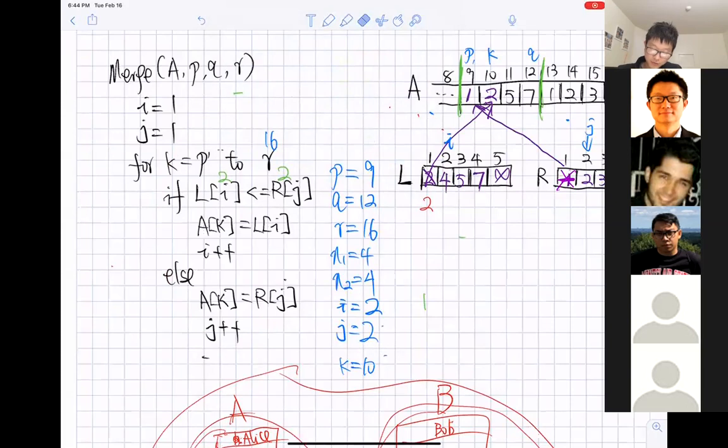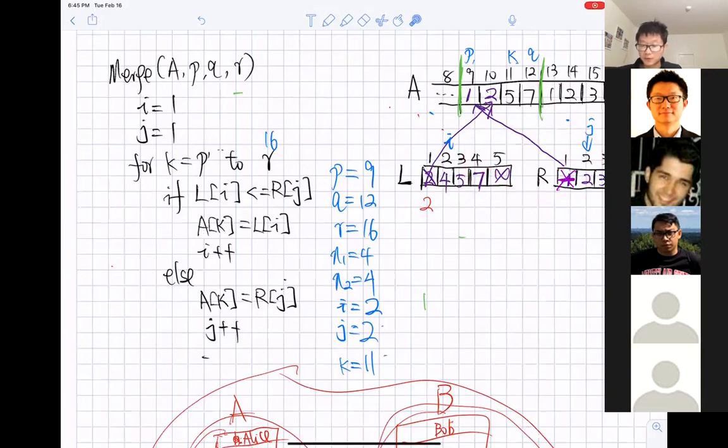So K has a new value, 11. In order for us to continue, do you need to check the pseudocode? No, it's pretty straightforward. We can just operate over the example.